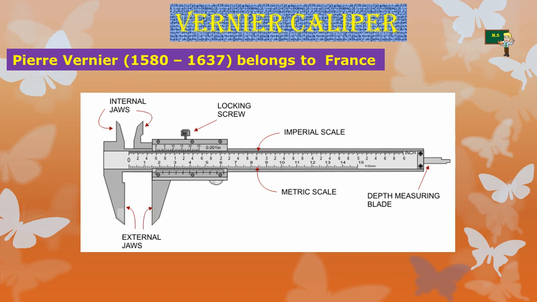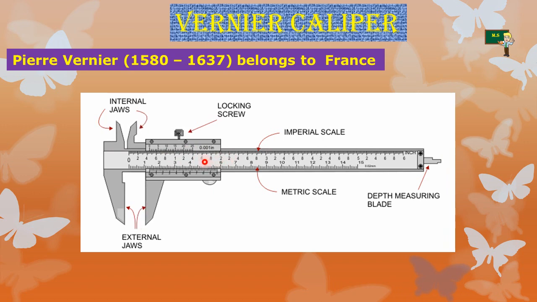Now let's see what are the things which we can measure and how we can measure the cricket ball or the pen cap or such type of objects. The vernier caliper consists of a thin long steel bar, which is graduated in centimeter and millimeter. You can see here it is in centimeter and millimeter. This is the main scale.